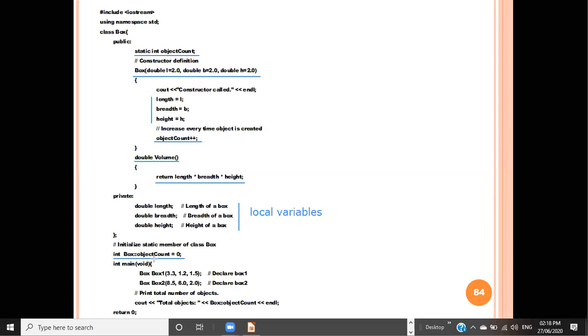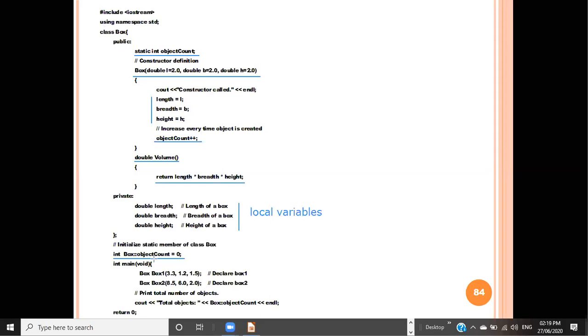Static variables can be accessed inside the class as well as outside the class, but to access it outside the class we use the class name and the scope resolution operator. So the scope of that static variable is not limited to the class, it is available with respect to the whole program.